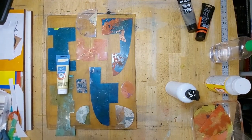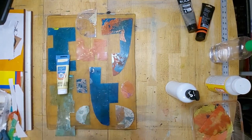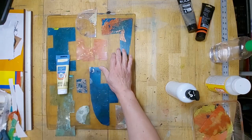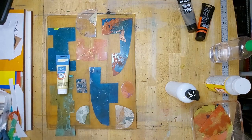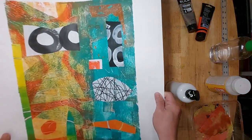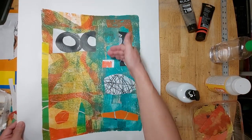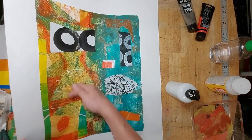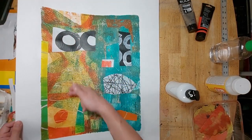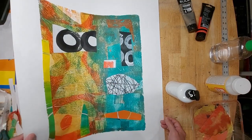Hello everybody. I had a chance to let the two pieces dry, and hopefully this will be the last layer. Now let me show this to you. I want to have a layer of transparent white here and maybe some Naples yellow here. I'm still trying to decide which makes more sense,